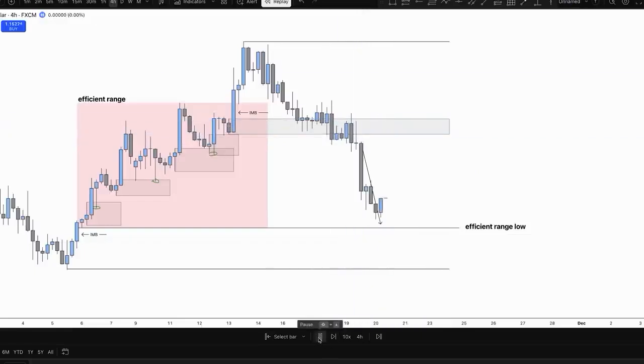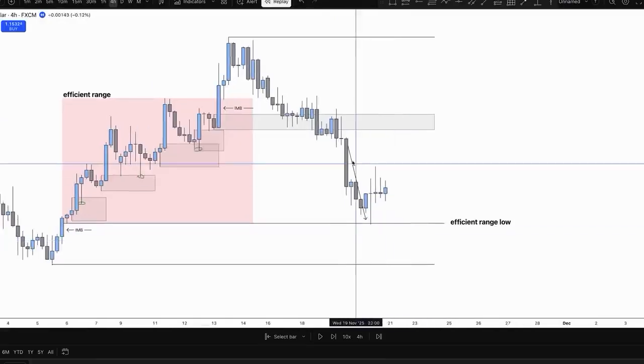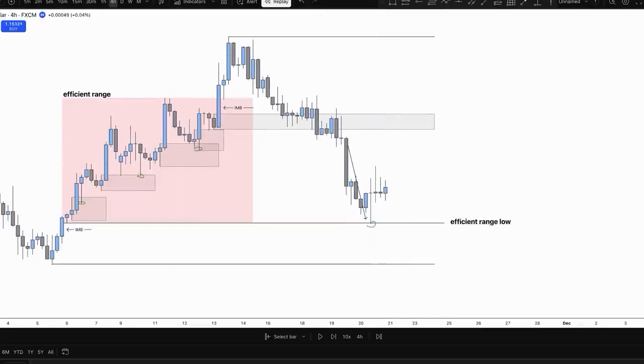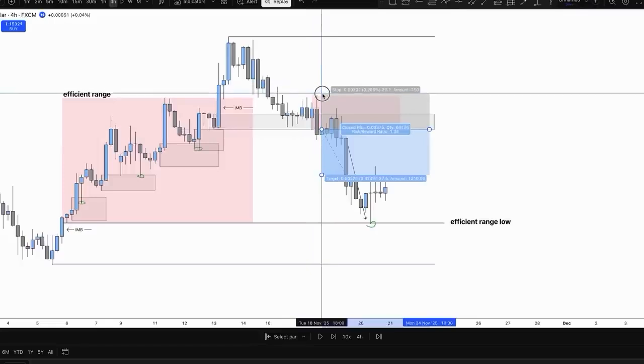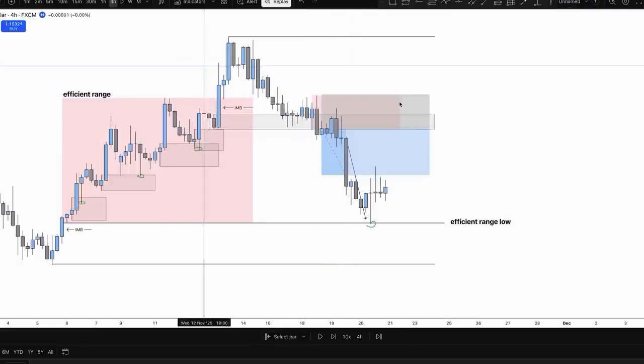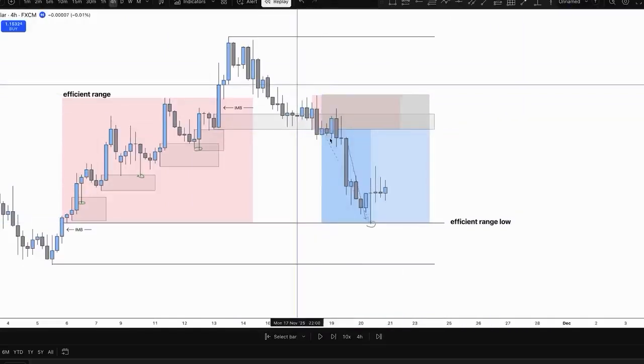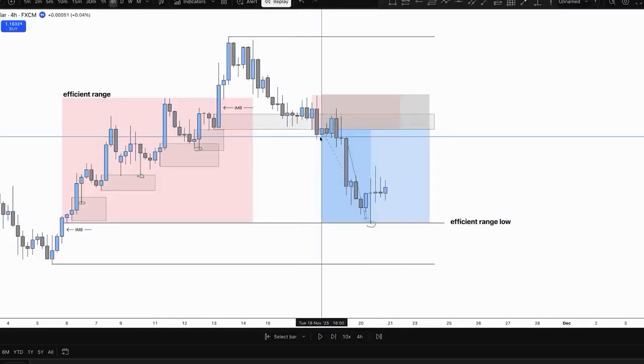Now, if we see what happens next in the market, it's exactly that. We have a drive to the downside, which perfectly fills the efficient range low. So your trade here would likely be selling from this supply, basically from that point there. You'd be getting into the market. Obviously for this, we would use refined entries on lower timeframes, but the general trade would look like that, okay? You'd be selling down inside the trend as soon as we see that first break into an efficient range